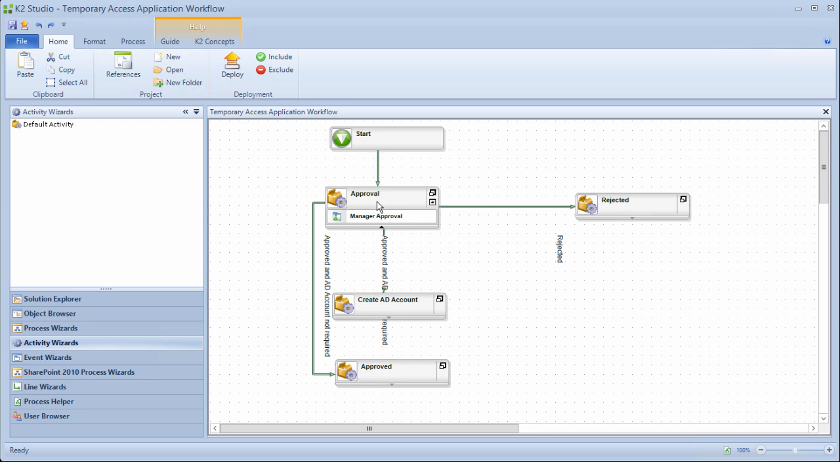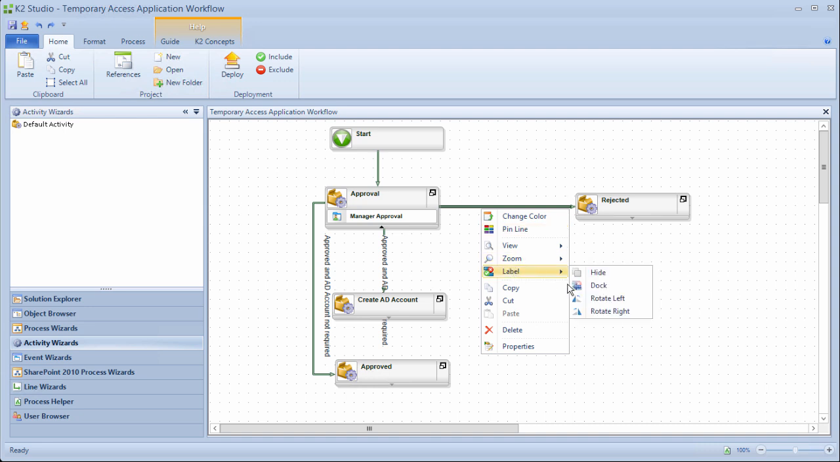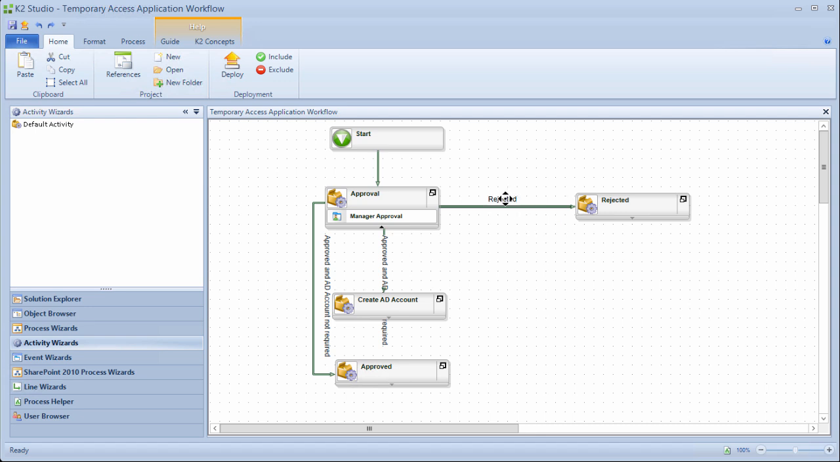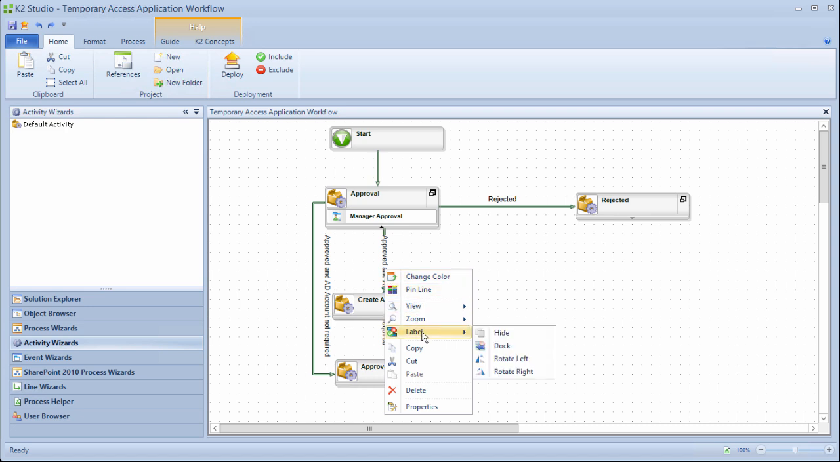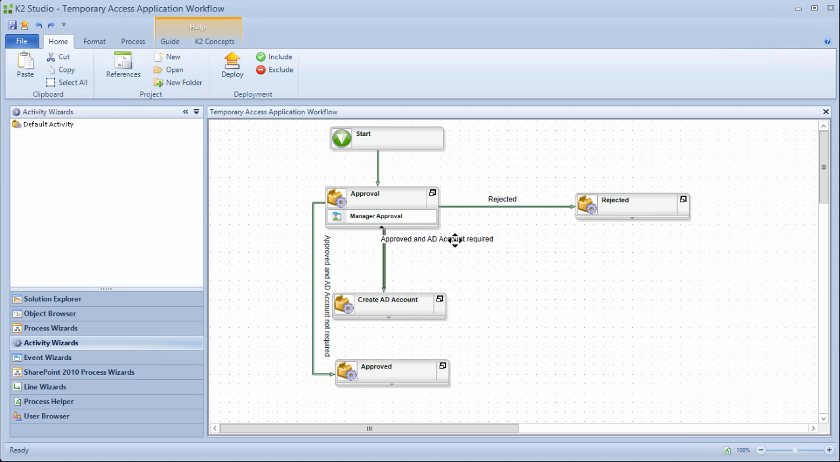Now let's right-click on the rejected line and select Label, Rotate left to rotate the label name. You can then mouse over the line label text and click and drag it around to put it in a place that makes more sense for reading the workflow. Repeat the Label Rotate Left option for the Approved and AD Account Required line and move that label accordingly. I'll do that here. You may also need to move the text label for the Approved AD Account Not Required